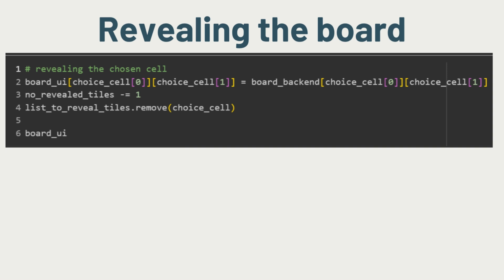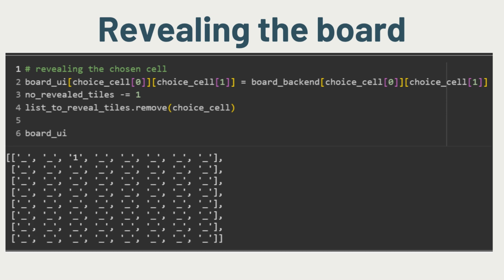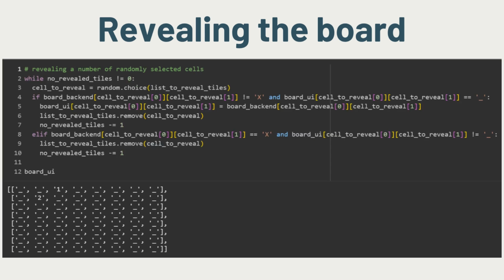We will decrease the counter of the number of cells to reveal by 1 and remove the coordinate from the list. We can inspect to see how the board looks by revealing one cell. Once that is done, we will make sure that the number of revealed cells are revealed before we move on